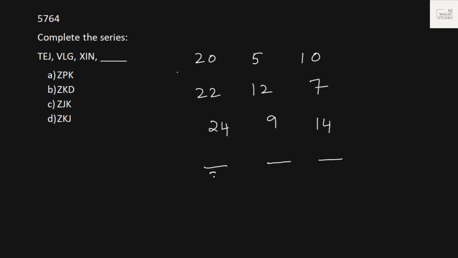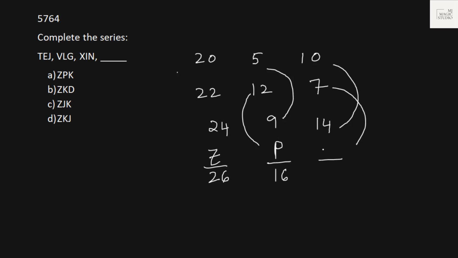Plus 2, plus 2. If I put 26 here, we are getting Z. And all options start with Z. 10 minus 3, but plus 7. Here it is plus 7, then it is minus 3. Or if I go like this, plus 4, 12 plus 4. If I write 16 here, the 16th one is P, and we have this option. This is plus 4, and then 7 plus 4 is 11. 11 is K. Bingo. We have J, P, K. Option A is the pick.